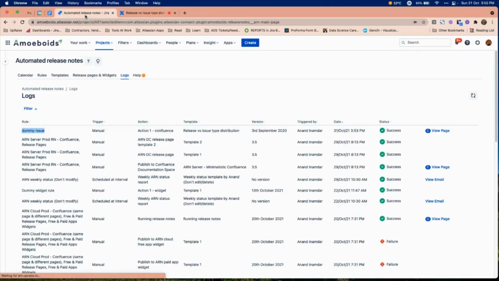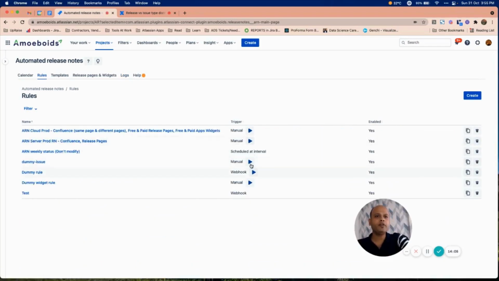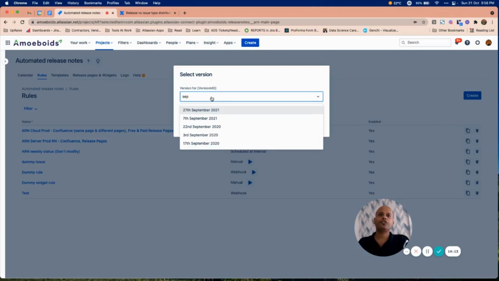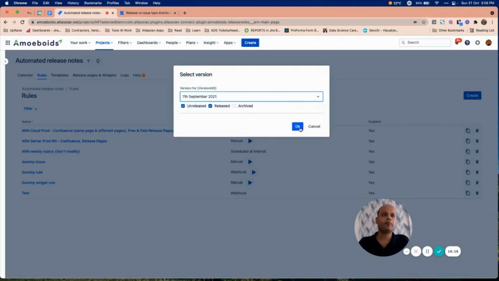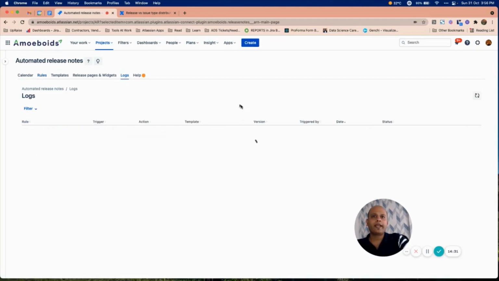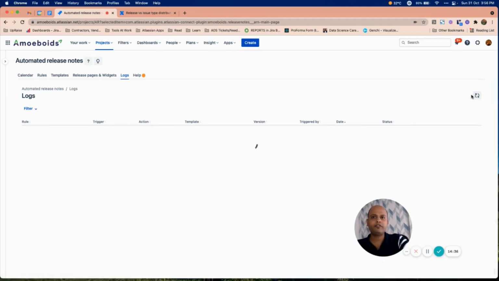Now let's do another thing. Let's run this rule for another version from September. The rule was called dummy issue. We'll look for a September version, which is 7th of September. Let's click on OK. Now this time around, we are going to run the rule a couple of times for different versions. So let's run it once again. Once we get a confirmation that it has run successfully